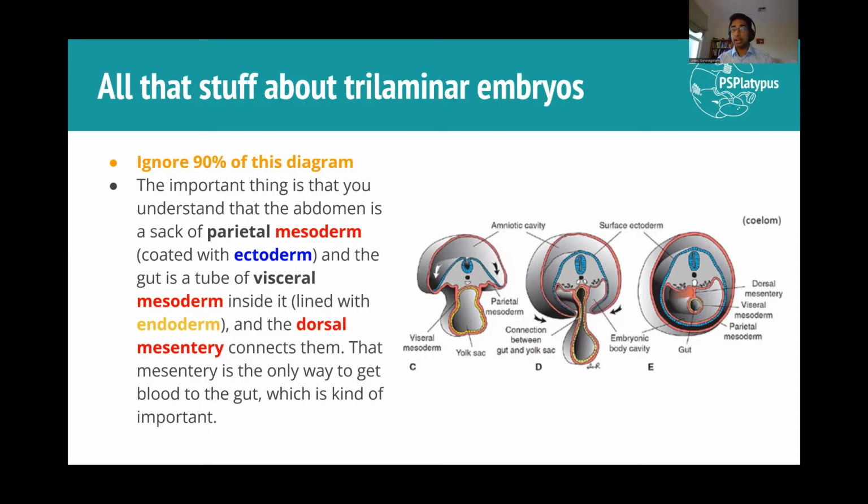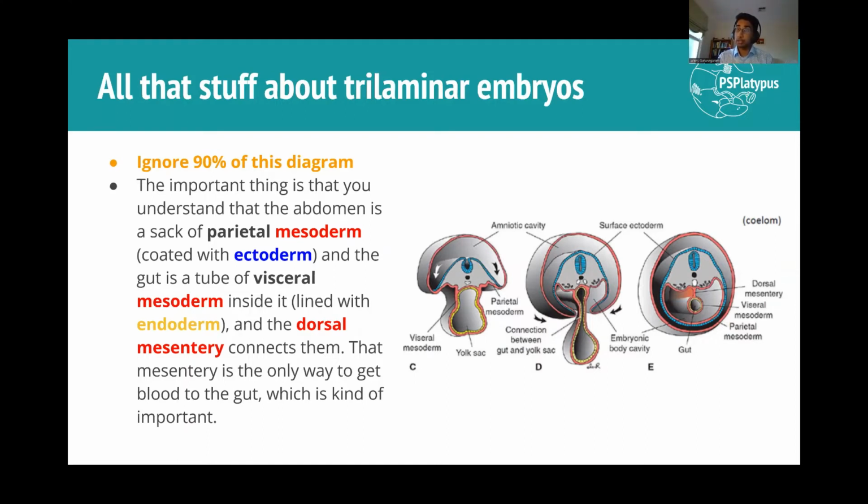And you can think of the gut as a tube of visceral mesoderm, which is lined by endoderm, basically. Okay, that was a whole lot of words. Basically, just look at the third image in this diagram, and that's all you really need to know, because that pretty much sums up how things happen, both in terms of